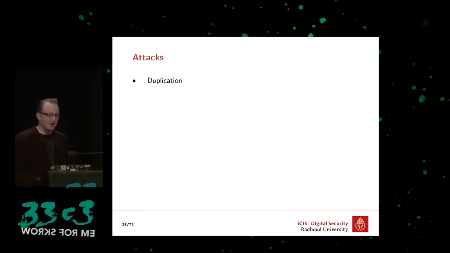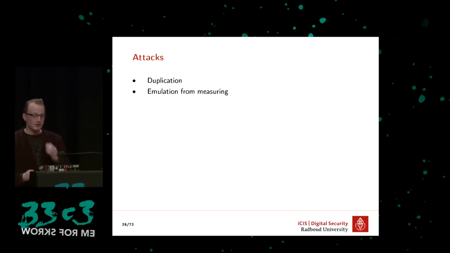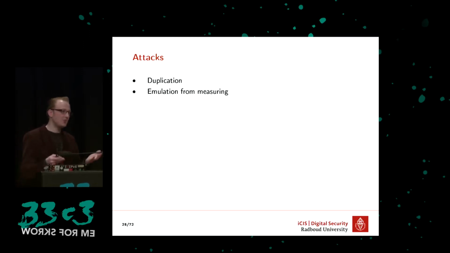Now, attacks on this were also quite well studied as possible attacks. So you have the duplication attack, which is basically cloning, which should be impossible. Right? That's the general idea. Cloning should be impossible. There is emulation from measuring. So you build a model from this by measuring the exact distances between logical units inside a PUF or the length of the wires inside a PUF. Also deemed infeasible because how are you going to measure this without destroying the PUF? This is back in 2001.